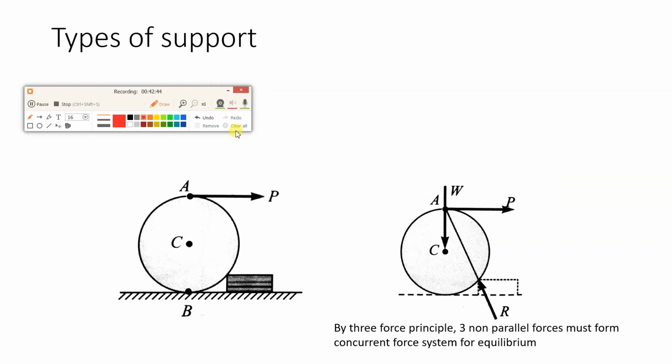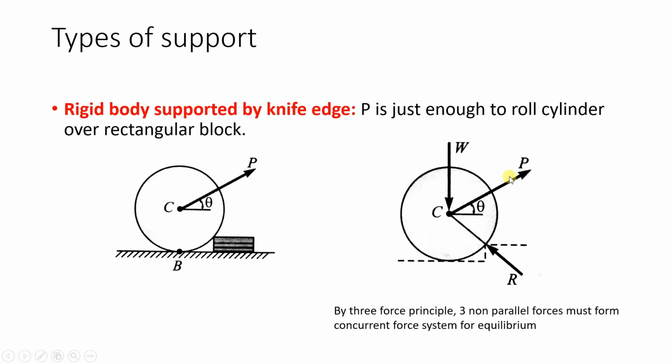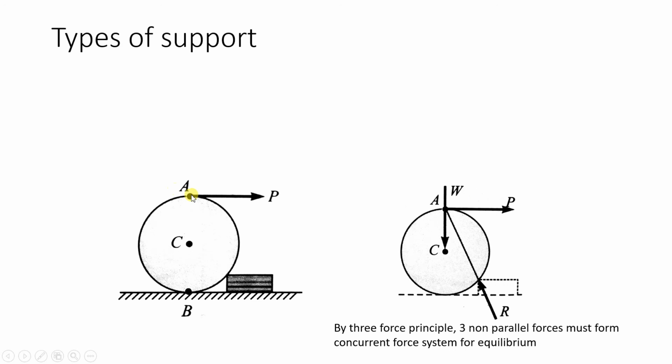Okay, now I think with the second diagram the concept is clear, because if you compare, in the first everything is at the center, but when the applied force goes to the circumference, then the line of action of weight is also through that point. The reaction at the knife edge is also through that point. Okay, in that case don't draw the reaction through the center.